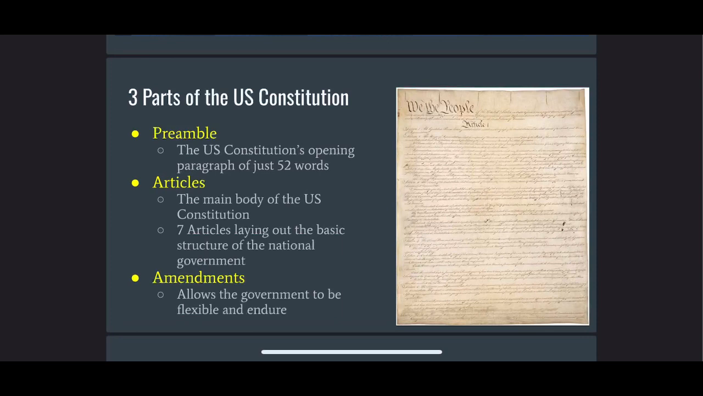There are 7 articles in our Constitution. It is the main body of the Constitution. This is where you find the structure. This is the framework, actually. This is where you would find the details of our legislative, executive, and judicial branches, as well as how federalism